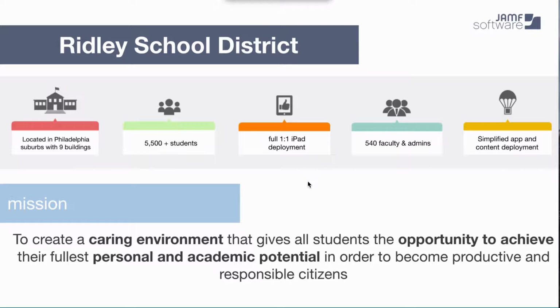So part of what we've done is, I shouldn't say we've been asked by our superintendent to work together, the curriculum team and the IT department, as we look at some of these solutions. We'll get into more detail as we go along, but in general, it's a constant conversation between the IT department and the curriculum department about how we can